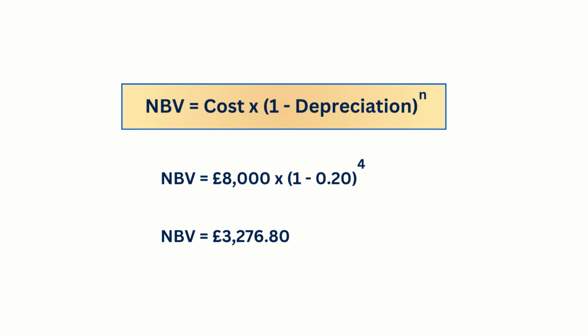In our machinery example, the cost is £8,000 and the depreciation rate is 20%. The asset is depreciated for 4 years. So we substitute into the formula. NBV equals £8,000 multiplied by 1 minus 0.2 raised to the power of 4 because the depreciation is applied for 4 years. Net book value is